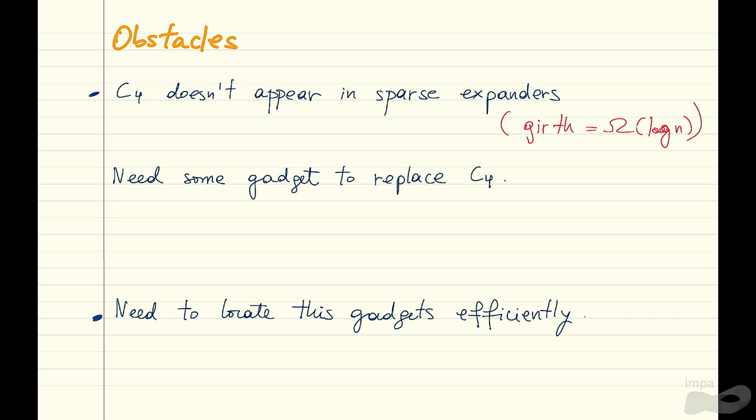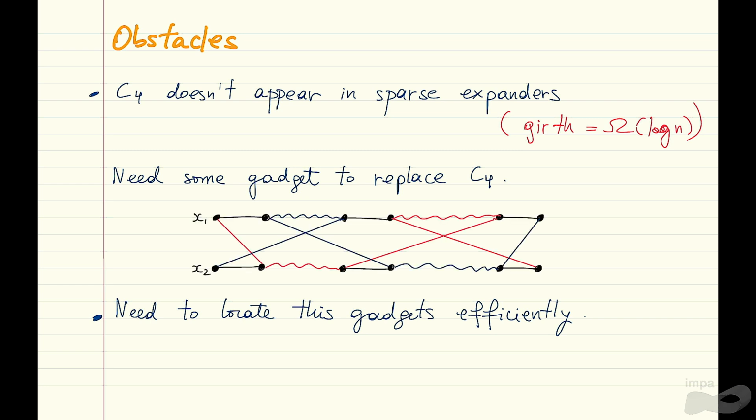So the first obstacle is that C4 doesn't typically appear in an expander graph, because the girth is logarithmic, or could be logarithmic. So we need some gadget to replace this C4. And the second obstacle is that we need to allocate this gadget in some efficient way. To solve the first problem, we